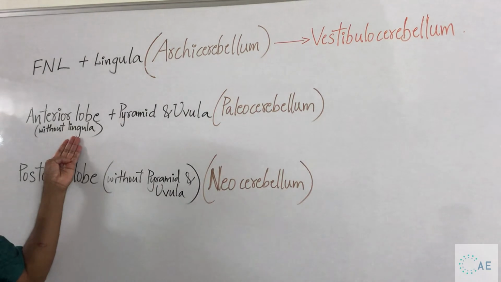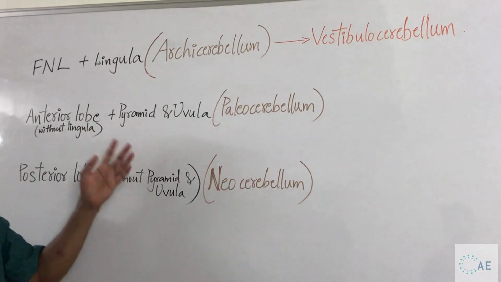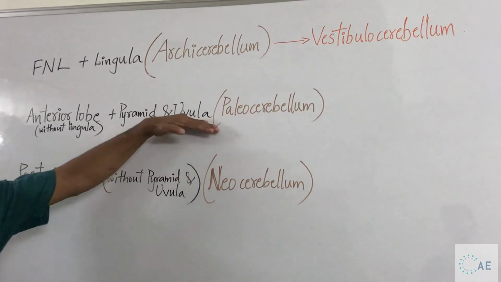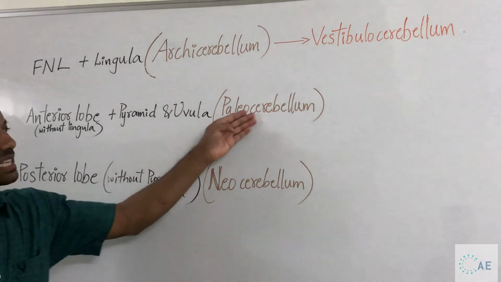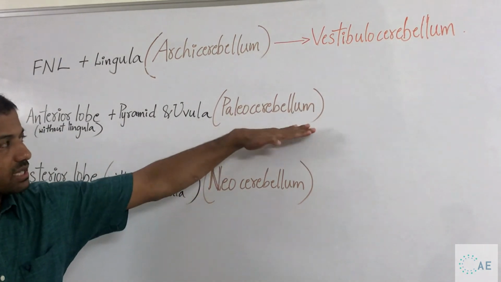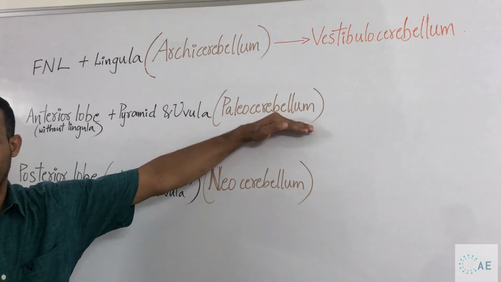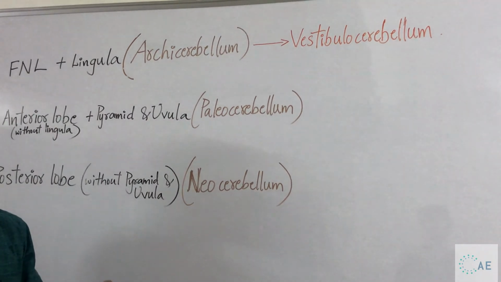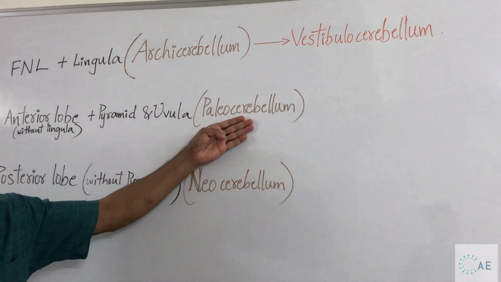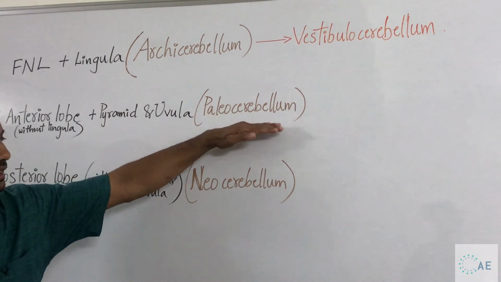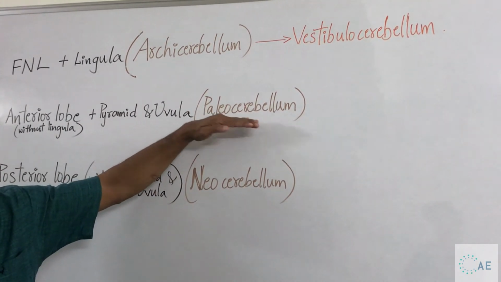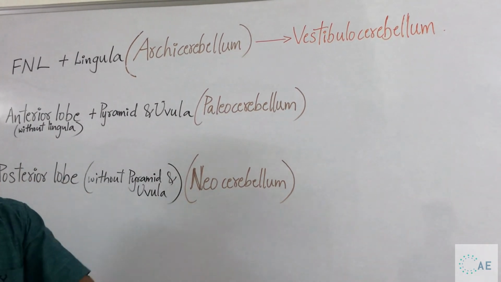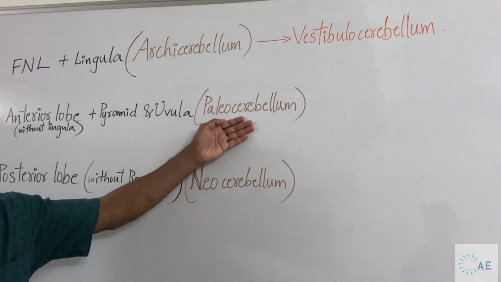Now, let us talk about the important connections of the anterior lobe, which is nothing but the paleocerebellum. So the anterior lobe and paleocerebellum are called the spinocerebellum. The reason why it is called the spinocerebellum is because it receives proprioceptive information from the muscles, tendons, ligaments, and even from the skin. So from all joints, muscles, tendons, ligaments, and from the skin, the proprioceptive information is coming to the anterior lobe and paleocerebellum via